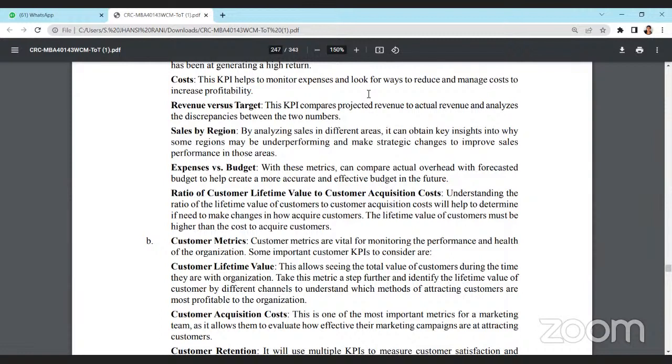Sales by region, by analyzing sales in different areas, and it can obtain